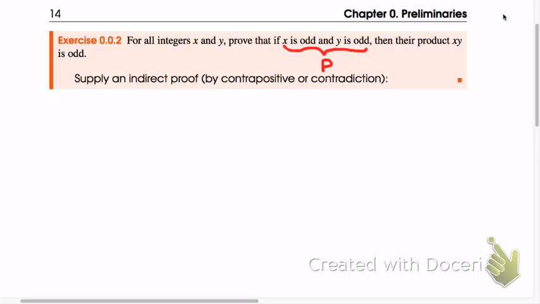You see the word "then" in here, which we'll transcribe as the little forward implication symbol. And then we have the consequent, the conclusion of the theorem: the product xy is odd. And so we'll call that Q. So we're supposed to prove that P implies Q. And as was written in the presentation so helpfully at the beginning of the presentation that we saw on Monday, if we were to prove this directly,